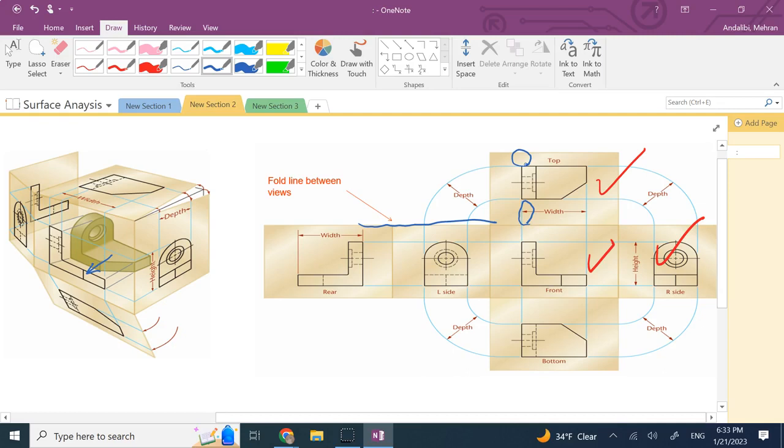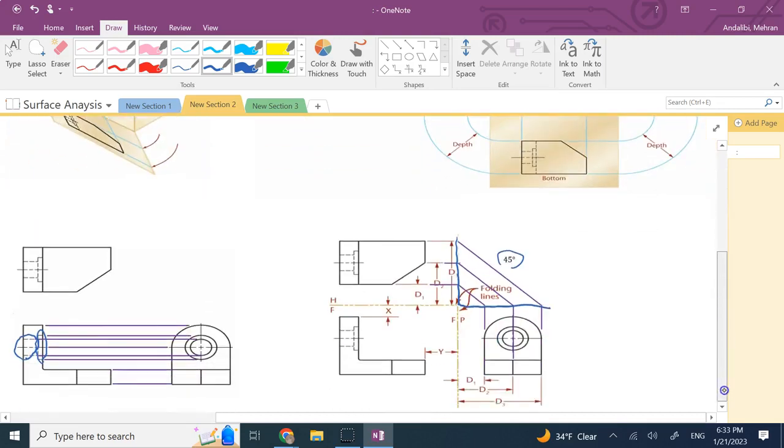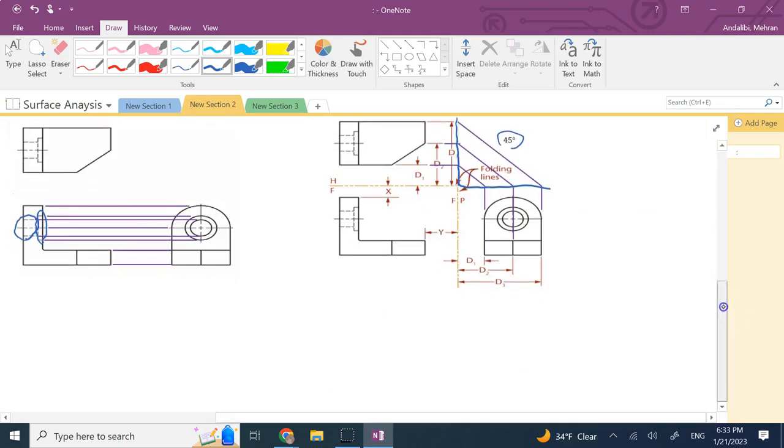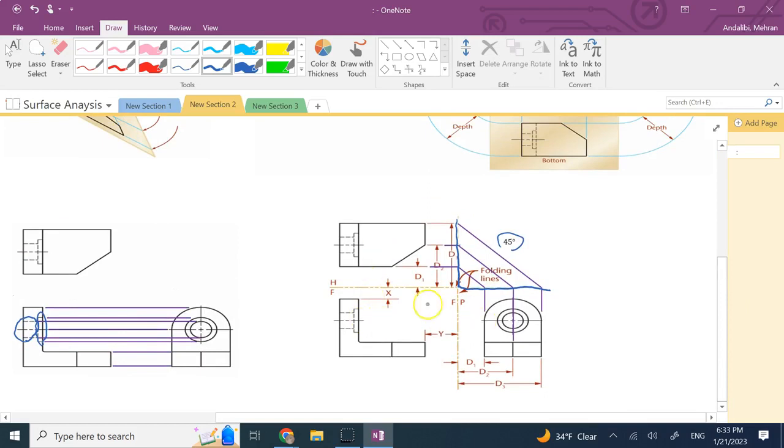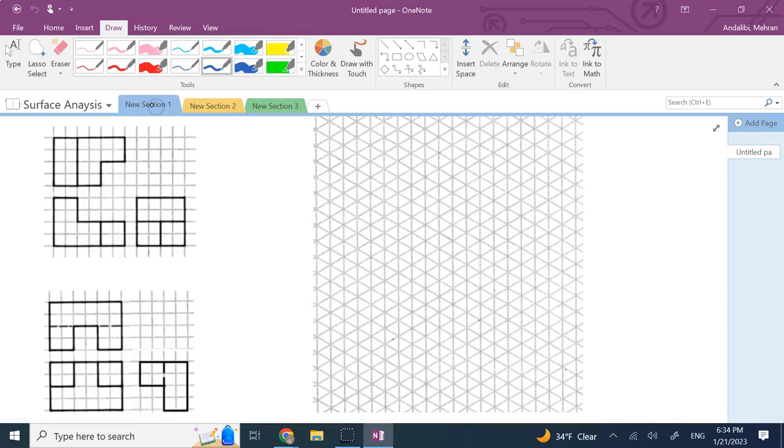So that's all there is. And the location of the object within the box is not going to change anything meaningful. So if you ask me, if I have these three views, where would I draw these folding lines, like in this practice problem? Where would I draw the folding lines? Well, it does not really matter that much, but the easiest way to do it, if you want to transfer